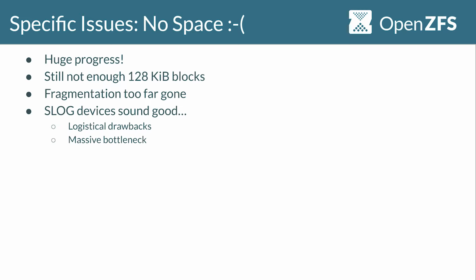This is sort of the thing that a slog device is kind of intended for, right? It gives you this nice pristine space to do these allocations, but there's some problems to it. One, it requires some logistical overhead. You have to actually go and manage all the pools and add these disks and set them up correctly. And then the other thing is that you have this